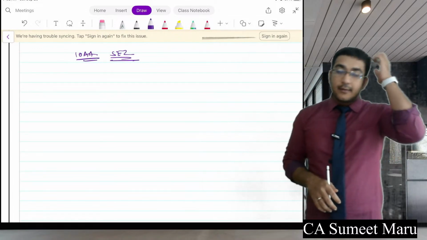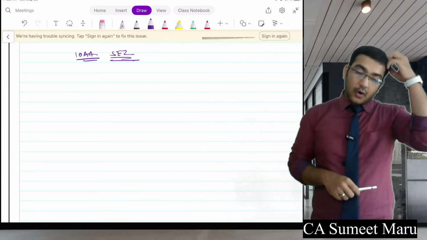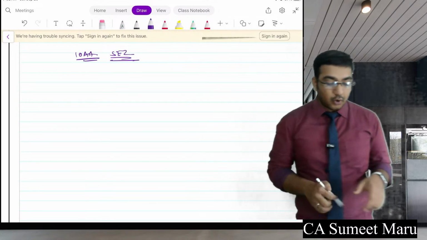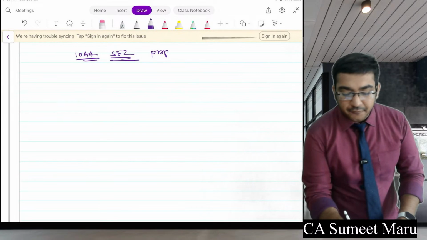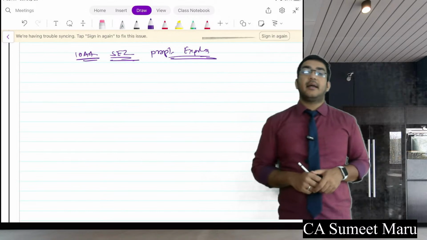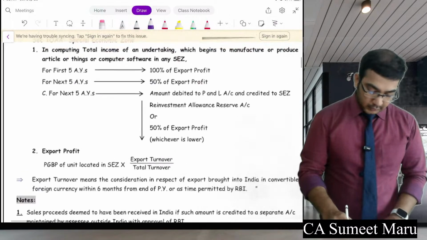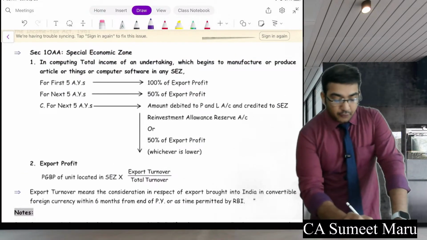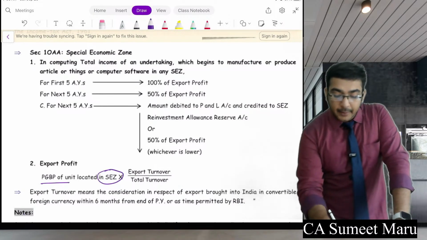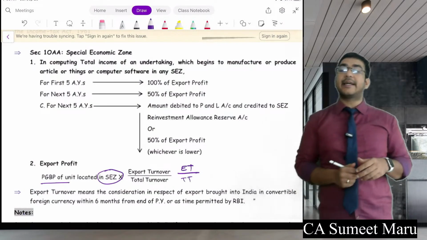It says that if your company is established in SEZ, then in proportion of the exports, we will exempt you from tax. You see here how you are going to see proportion. Whatever income you have earned from this SEZ, you'll multiply it by export turnover upon total turnover. So in proportion of your exports,